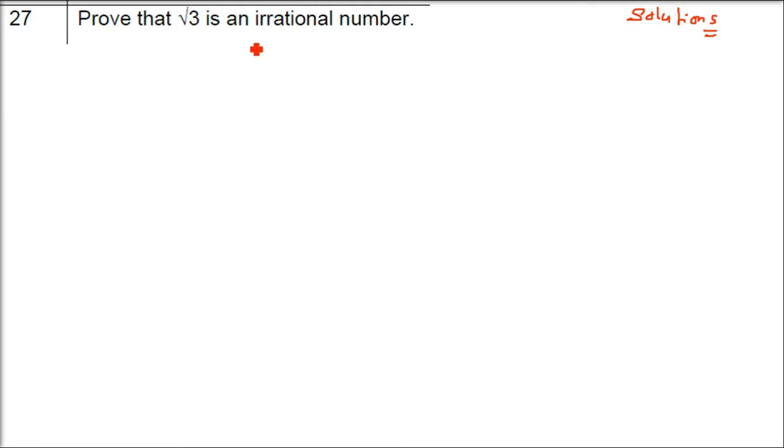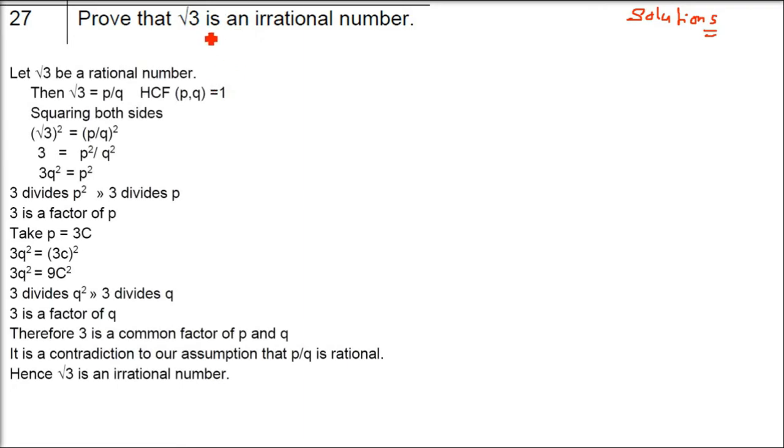So we have to prove that root 3 is an irrational number. These types of questions are not solved directly. We have to assume that it is a rational number, then we contradict ourselves, and then we say, oh, we were wrong, root 3 is indeed an irrational number. So we always start with: root 3 is a rational number. And then we prove it to be irrational by contradicting ourselves, by proving that we were wrong.